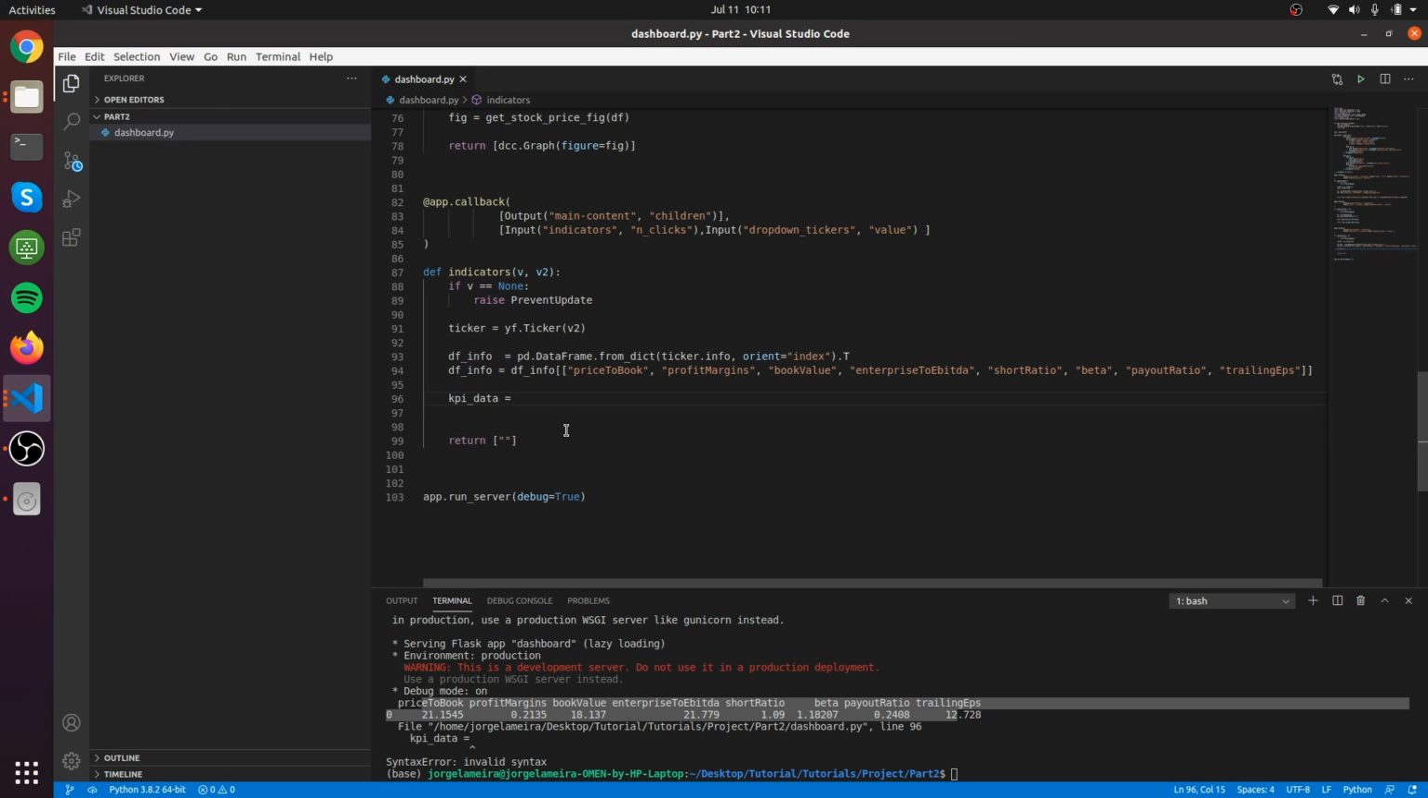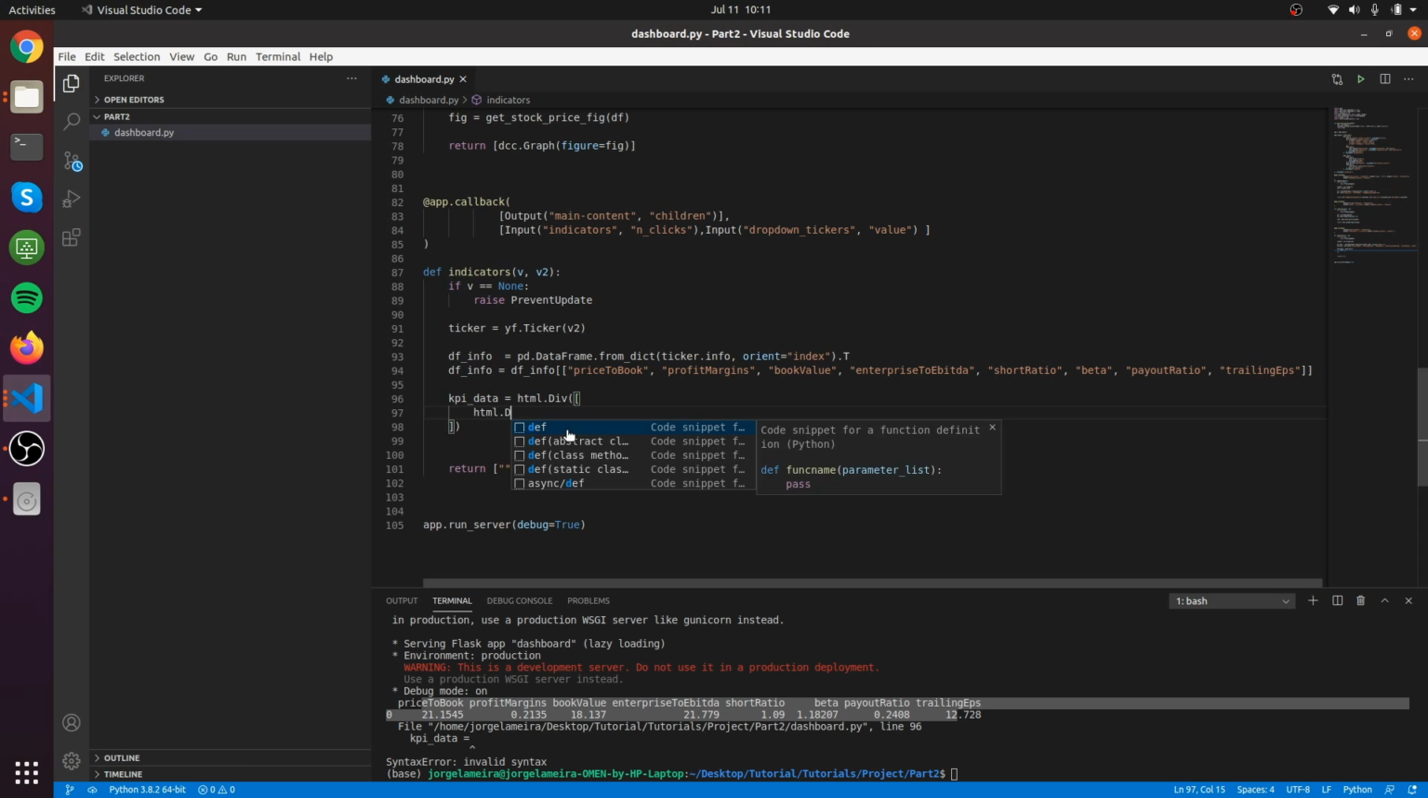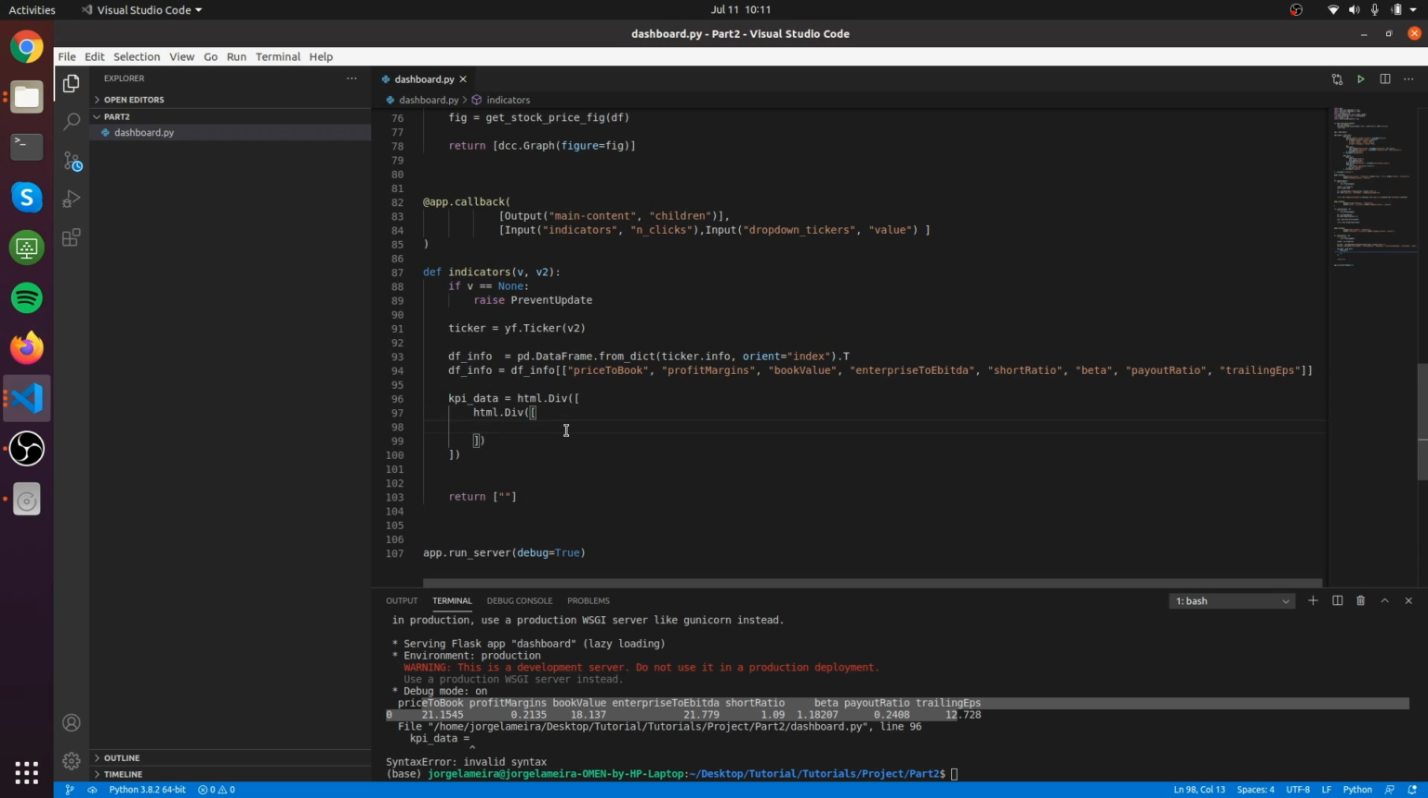And the KPI data is going to start with an HTML div, and inside this HTML div I want to have more divs. So let's create another html.Div, and inside it we're going to have more elements. Just bear with me, this is going to be important to the page design. Let's add inside this div an h4, a header, with a title of Price to Book,